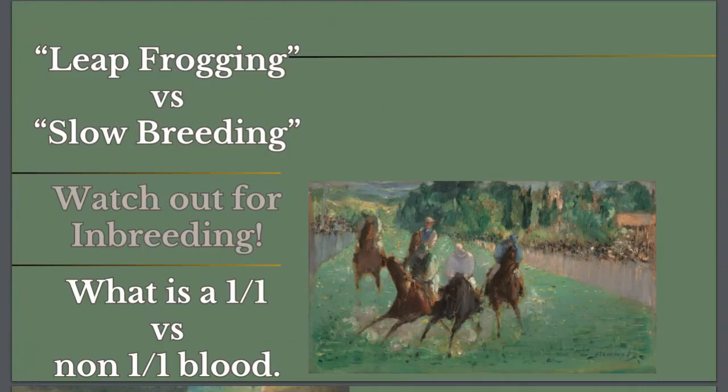Then we get into what we call leapfrogging versus slow breeding. And that goes back to my mare who's an S-. And do I want to do some leapfrogging, which means do I want to try and breed like an S+, so I'll put her with an S+. It more so applies with lower grades because you have a much bigger gap. Do I want to breed my B with an S+